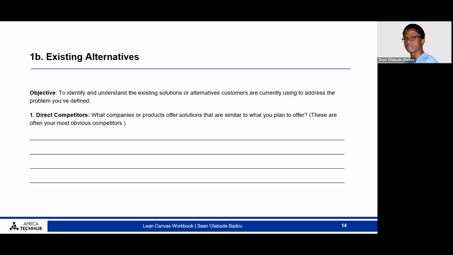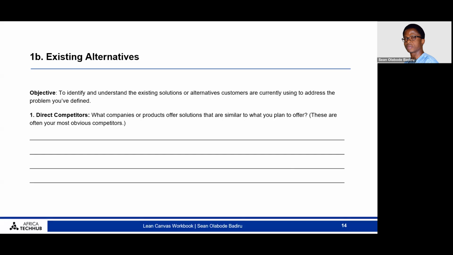So for the problem we have identified, this time and attendance problem, what companies or products offer solutions that are similar to the HR tech solution, the user-friendly, automated time tracking and payroll software that you plan to offer? I think that the QuickBooks, all of these accounting softwares, Abi, they are off-the-shelf solutions that are already available. So you are going to note them as your competition. These are the alternatives,